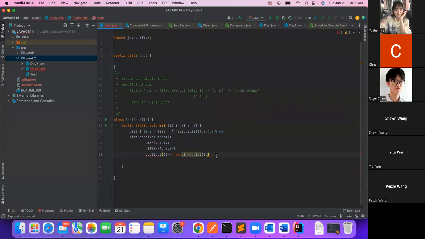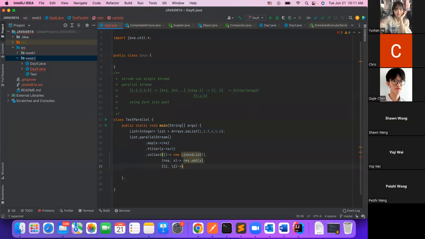Okay. And we also have the second BiConsumer, which is how we want to accumulate in each worker thread, how we want to accumulate our elements into this linked list that's supplied by the supplier, right? So we will have a result and elements. We just want to store x. The third parameter that we met yesterday seemed to be useless. The first parameter will be the final result set, and the second parameter will be the result from each worker thread, from this worker thread and from this worker thread. So